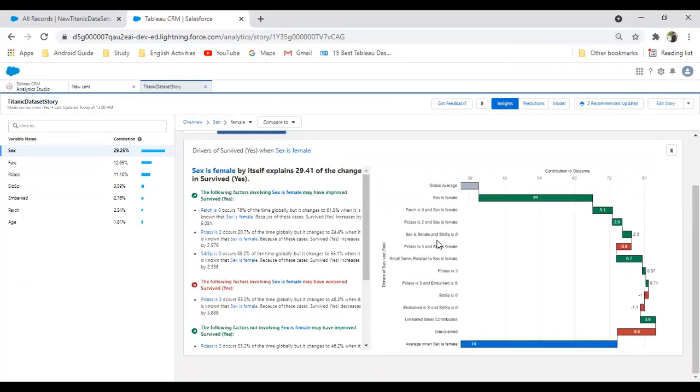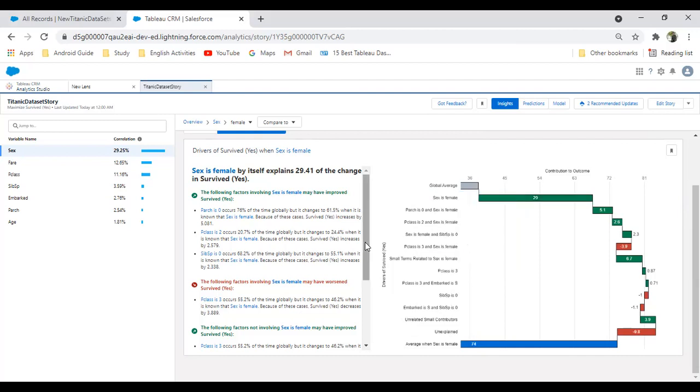So if you want to see the detailed information about this chart, we have to zoom out. Okay, zoom out this, and then we will be able to see the data. We can see the complete information, and we can preview the complete information. The sex is female, that is the 29. And when we move our pointer on this, we can see more details about this. The impact is 29. The coefficient, all these parameters will be coming from the machine learning functionalities, and the predicted sum, frequency, conditional frequency, predicted count, and so on.